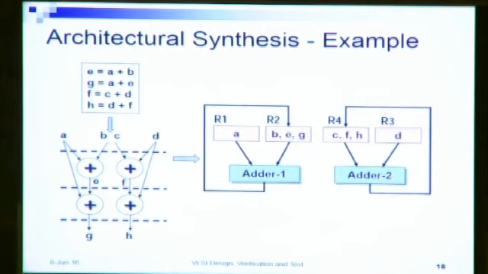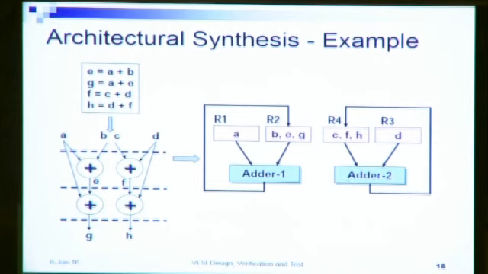Then what happens? Now, at the end of the first time step, we have this E in register R2 and A, as previously, in register R1. Then at the second time step, A and E are driven to adder 1, and then what happens? The output of adder 1 is now G. This G then goes back to the register R2 at the end of time step 2.